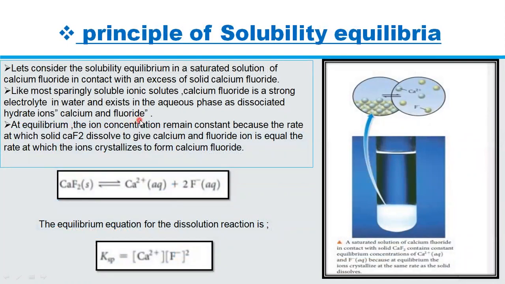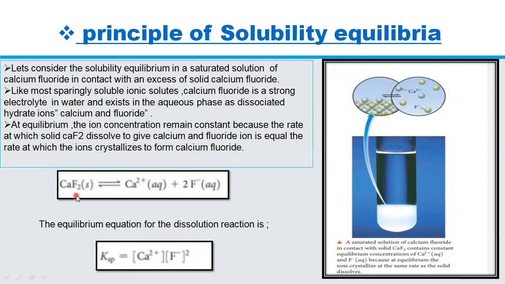Next is the principle of solubility equilibria. Let's consider the solubility equilibrium in a saturated solution of calcium fluoride in contact with an excess of solid calcium fluoride. Like most sparingly soluble ionic solutes, calcium fluoride is a strong electrolyte, so it will dissociate into hydrated ions, calcium and fluoride. At the equilibrium state, the ion concentrations remain constant because the rate at which solid calcium fluoride dissociates into these calcium and fluoride ions is equal to the rate at which the ions crystallize again to